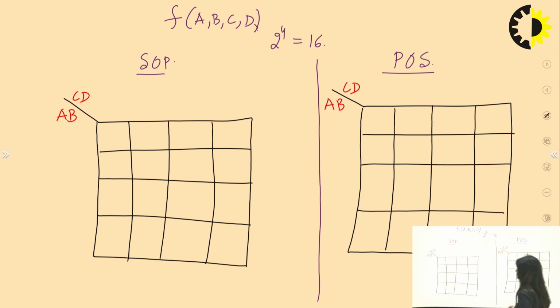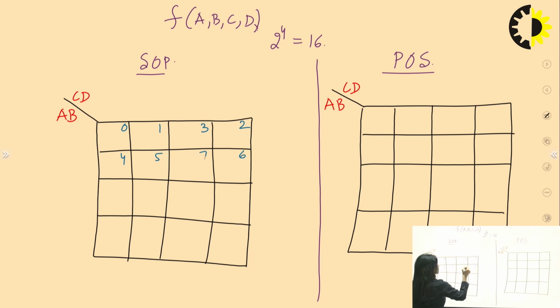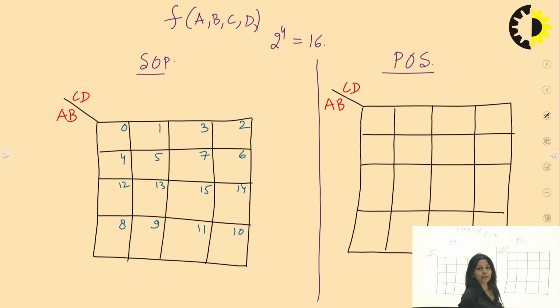Now counting would again be horizontal, but keeping in mind that I have to count the last column earlier than the second last. 0, 1, 2, 3, 4, 5, 6, 7, 8, 9, 10, 11, 12, 13, 14, 15. Second last later on. The last earlier than the second last.